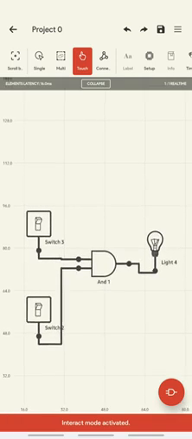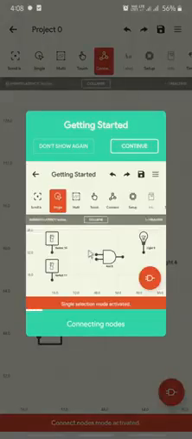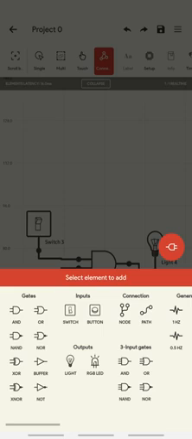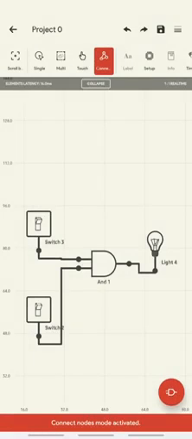So you need to install this app for yourself and try verifying the functionality of this AND gate, right? We can even try the functionality of a 3 input AND gate from these elements. Now let's go for the OR gate.